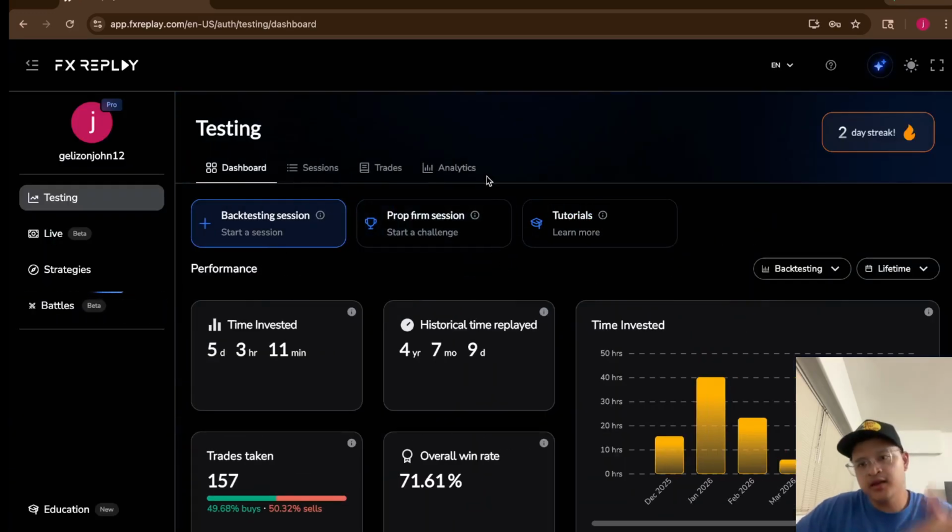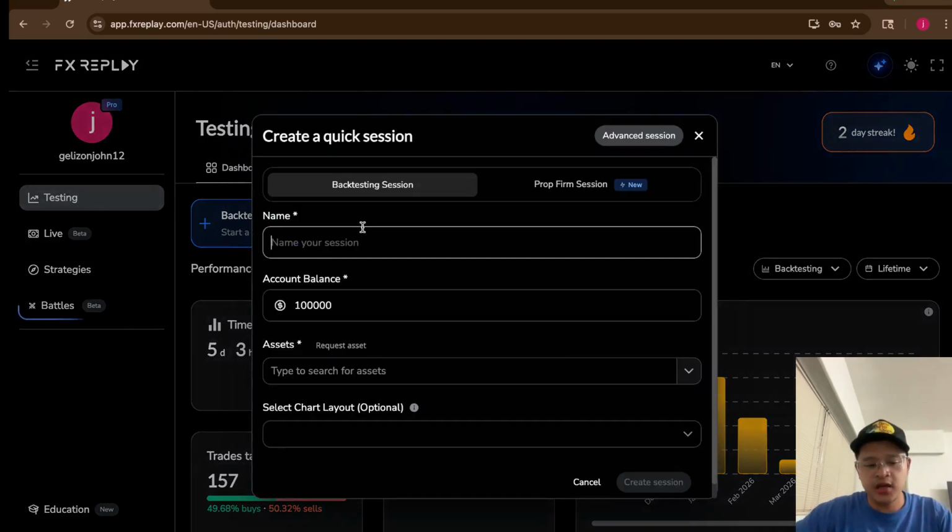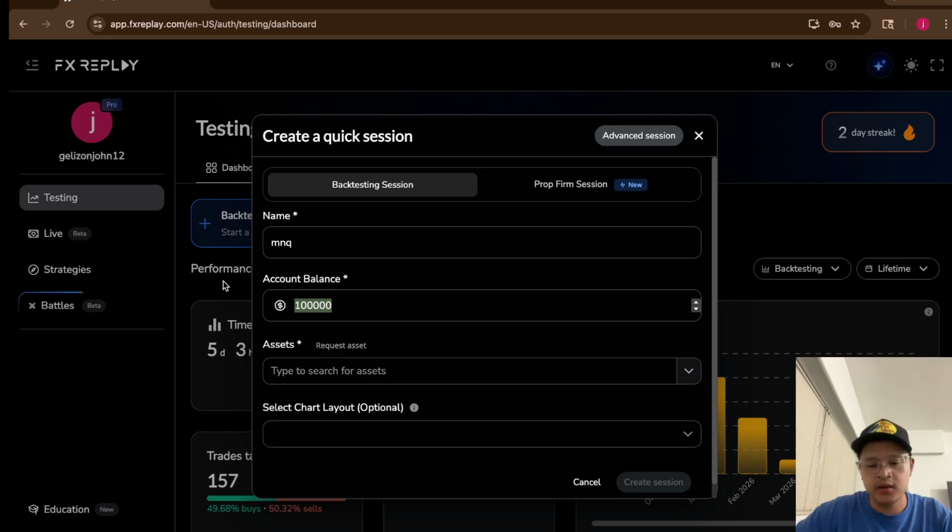Okay, once you're signed in, you're already signed up, you already have a membership or subscription. So we're going to set up our account now. Press backtesting session, and make a name, MNQ. For the balance, put 1,000, because remember,